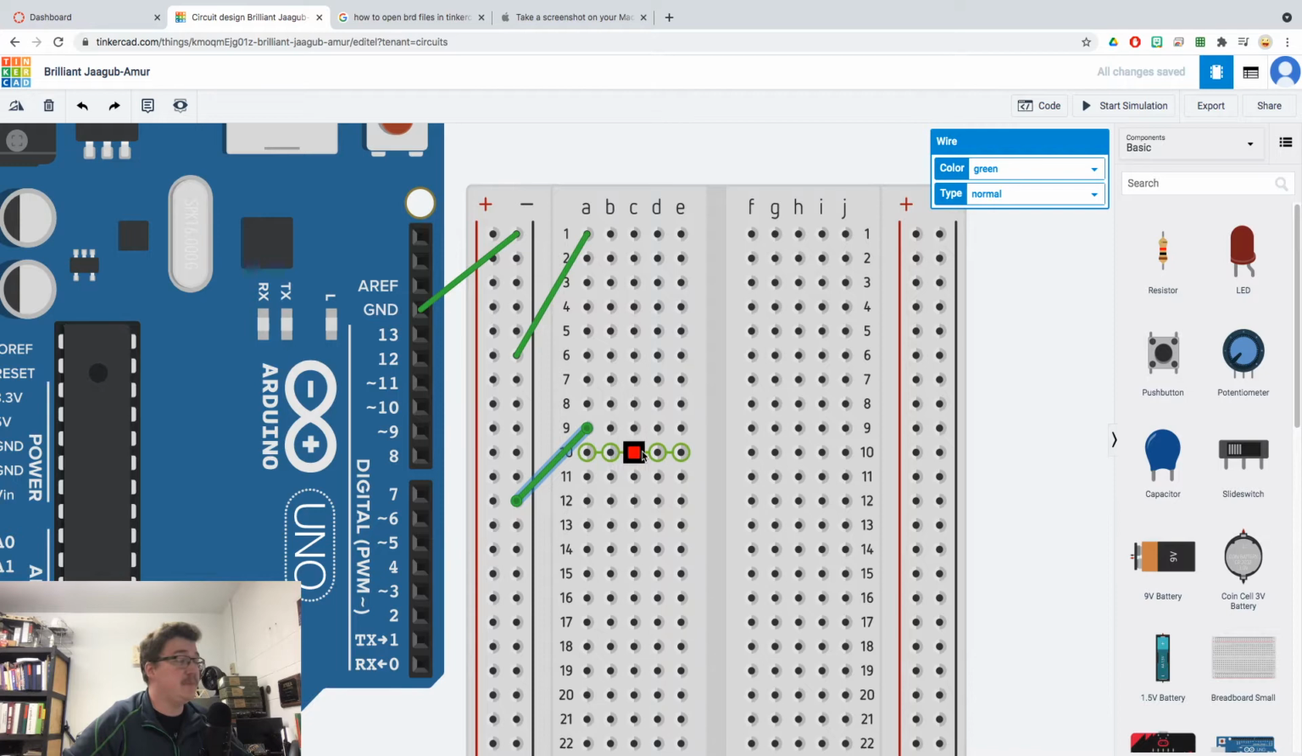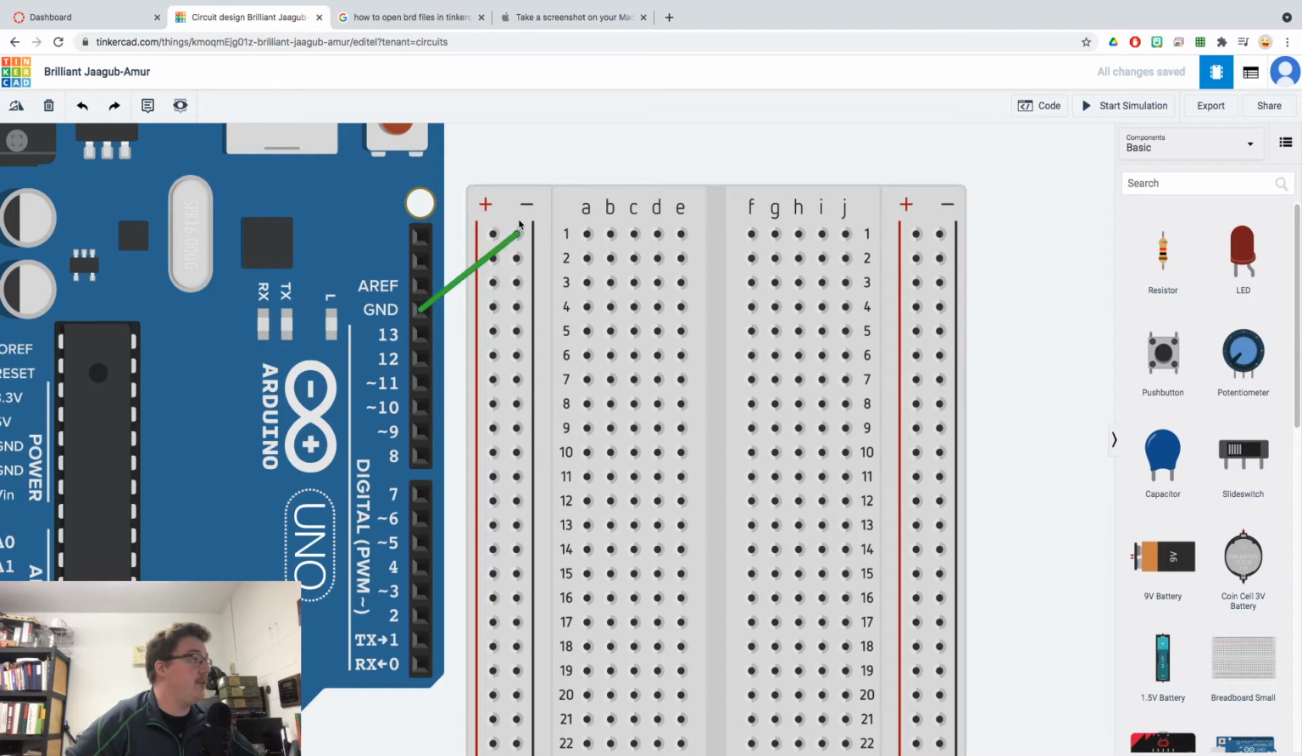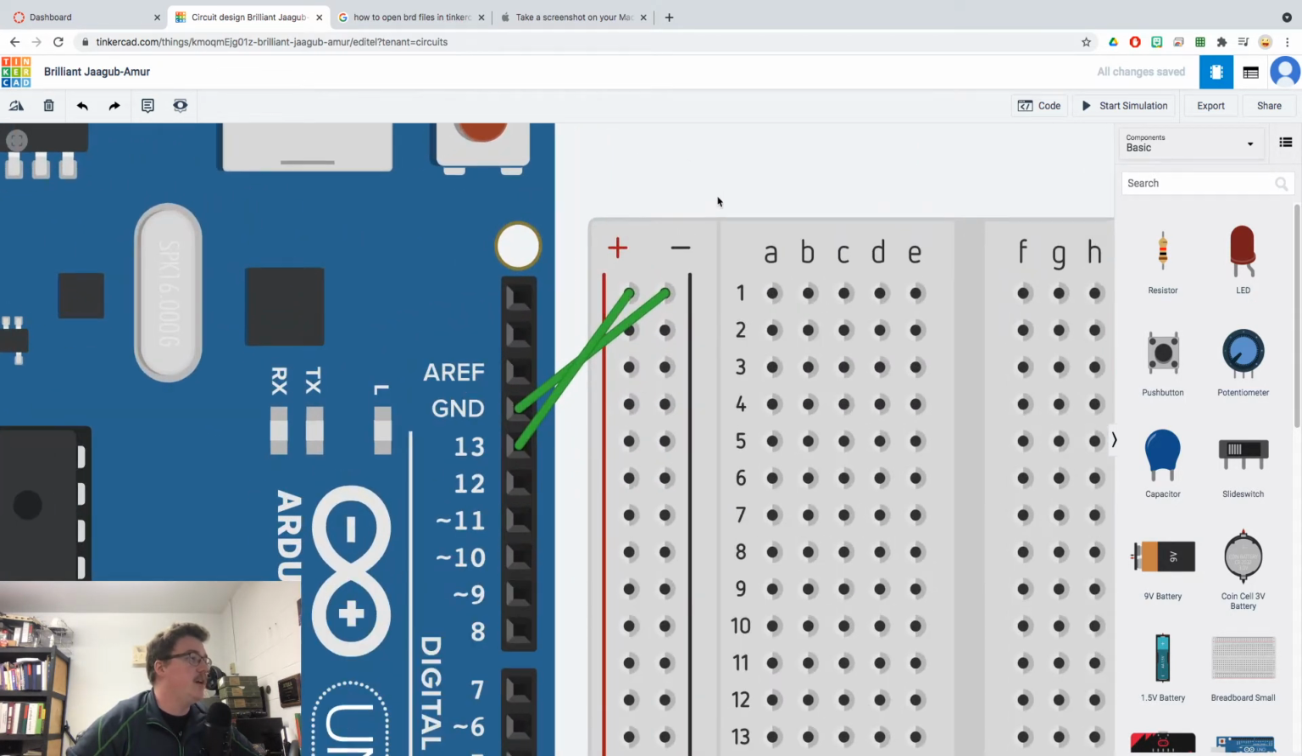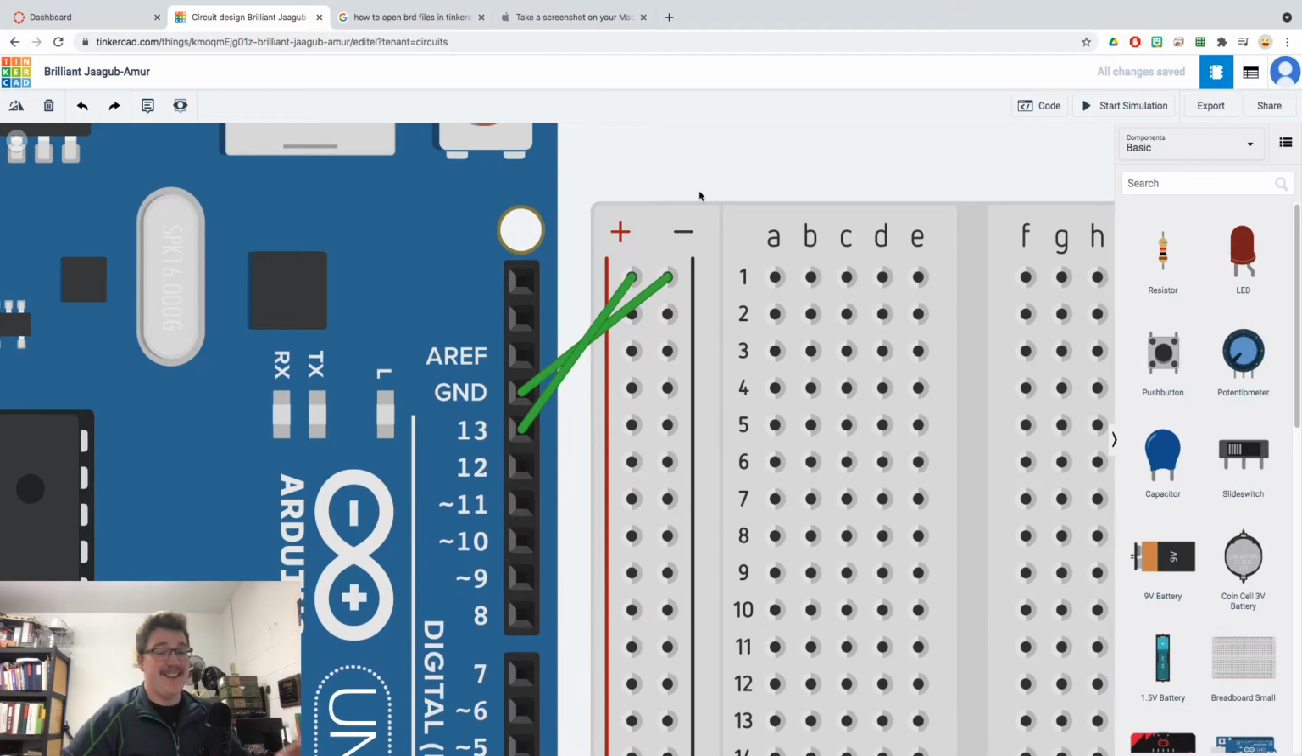For right now, we just need one ground going into a minus, and then we're going to pin 13 into the positive. Okay, so it's kind of already starting to get a little bit convoluted just because we're crossing wires here. So, a couple things that I like to do to make sure that this is very clear is you'll notice